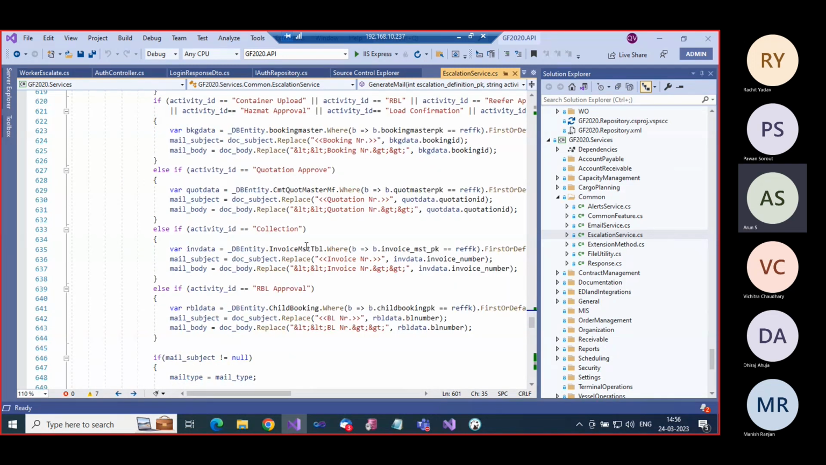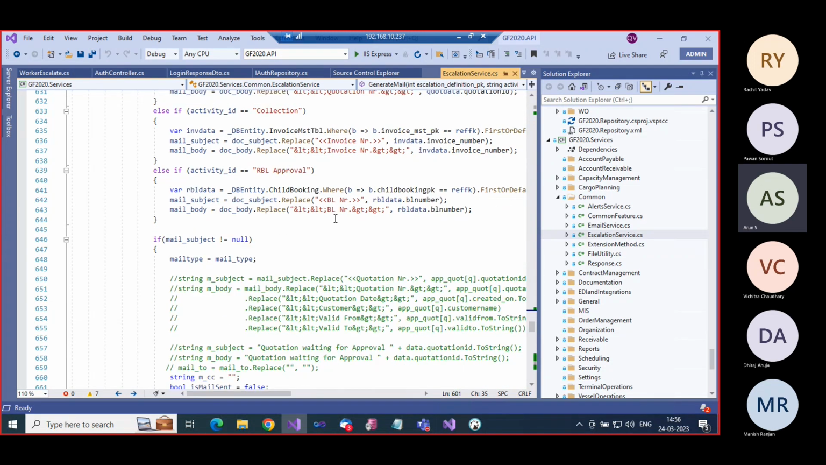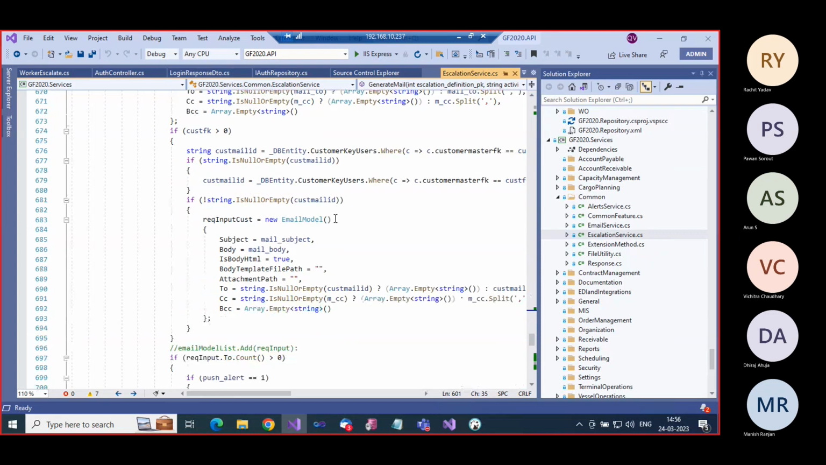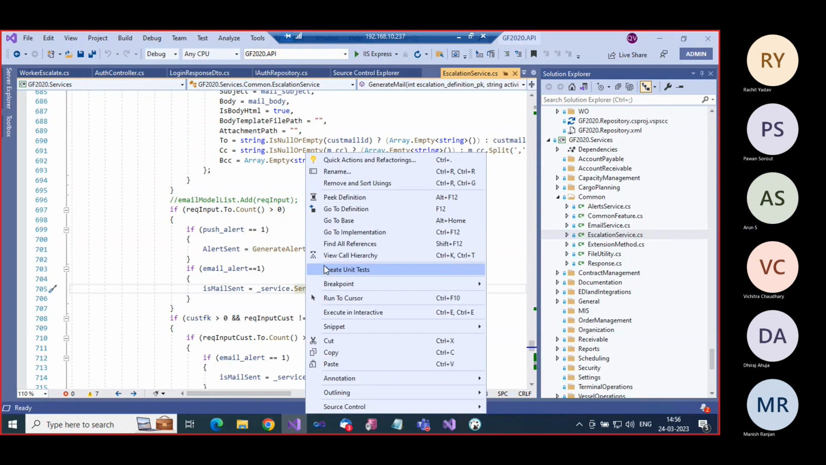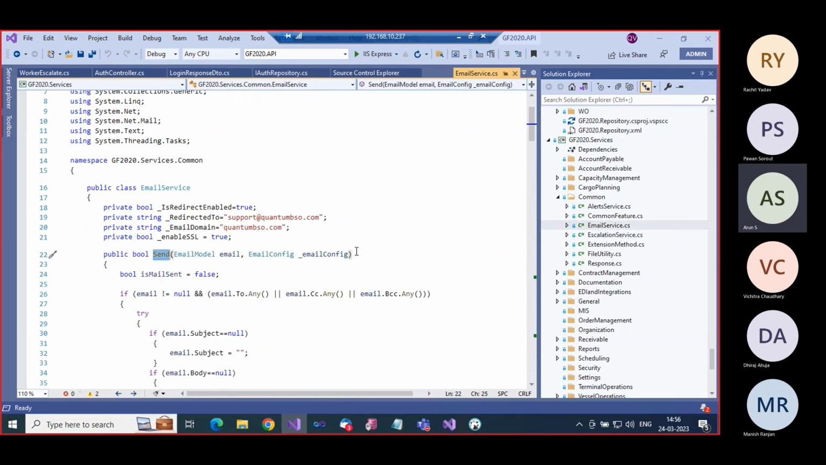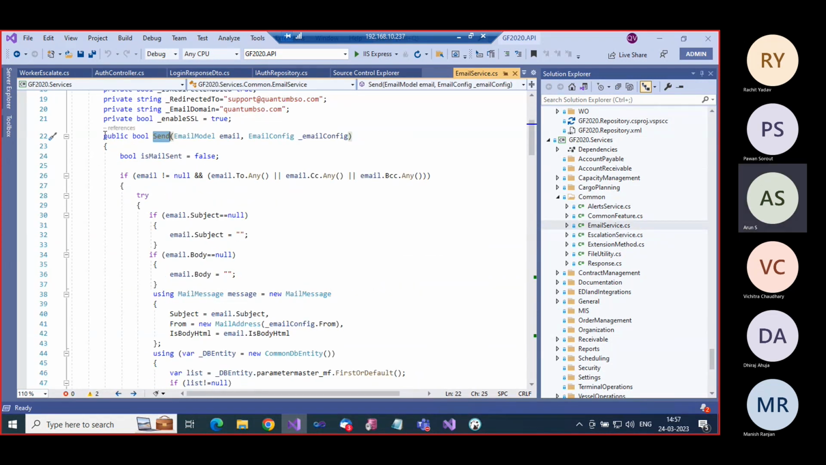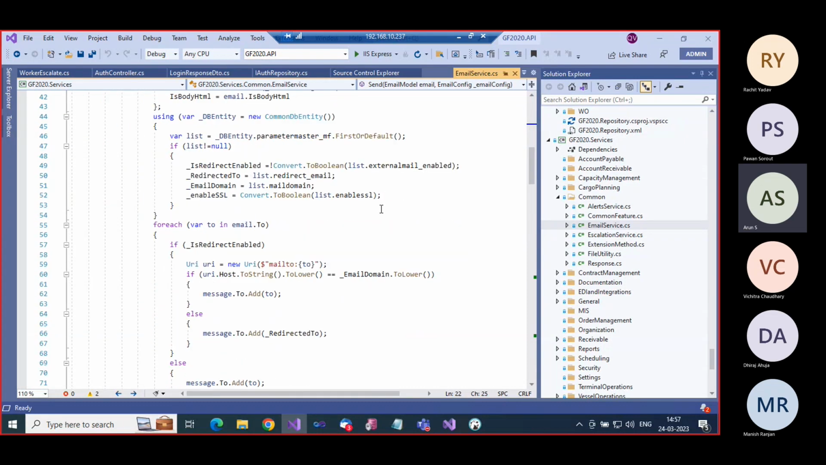So basically the email and all, we can configure what tags have to be replaced. All those things we can configure in the system itself. So this will replace the tags and send a message. That also I'll show you. Where is send mail? So send mail here. This is a common code we wrote for send mail, and here we validate whether it